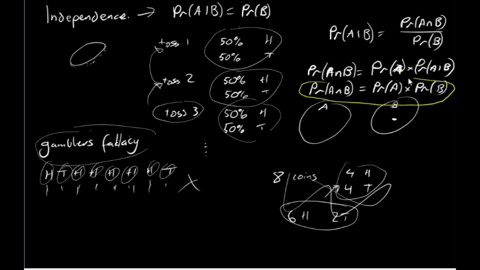Okay, so it's that formula there. The probability of A and B is the probability of A times the probability of B. And this result is used to test whether events are mathematically independent or not. So if they're independent, we'll find that the probability of A and B is the same as the probability of A times the probability of B. So just keep that in mind.